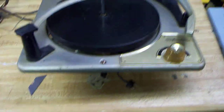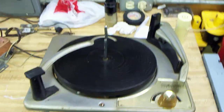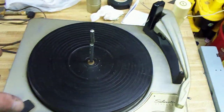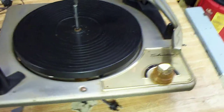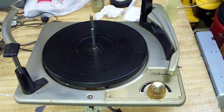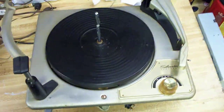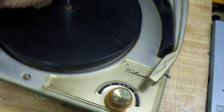This is a record changer, which unfortunately I'm not going to be able to use. Now, since this was a record player that I had when I was a kid, I'm probably going to do the same thing that I did to the one that I had when I was a kid and change it to a different record changer. Because the problem with this record changer